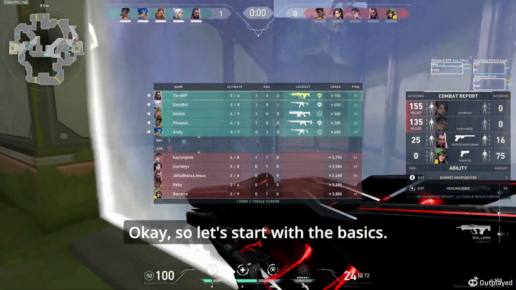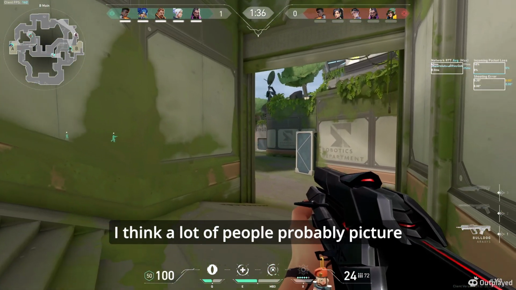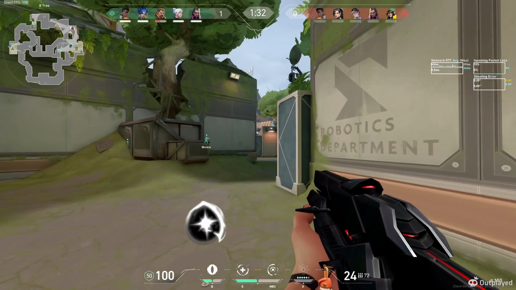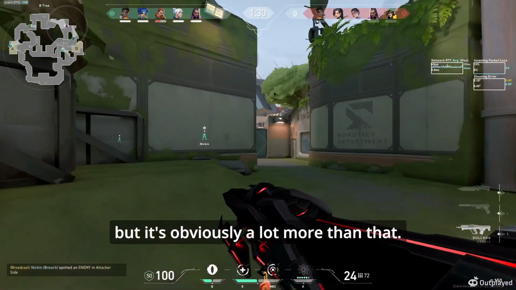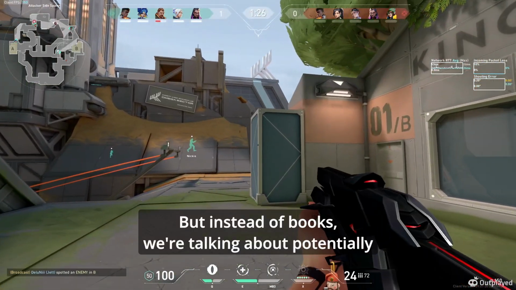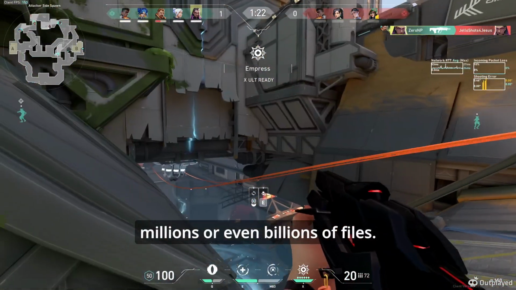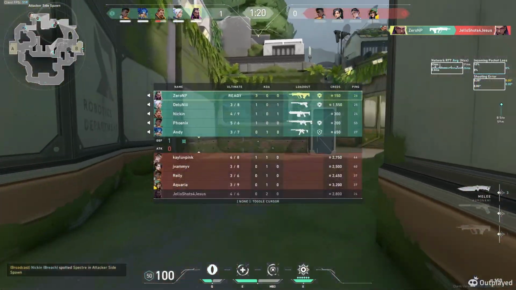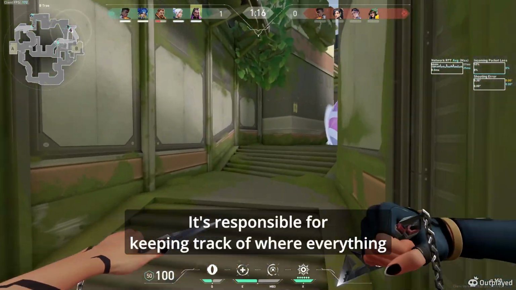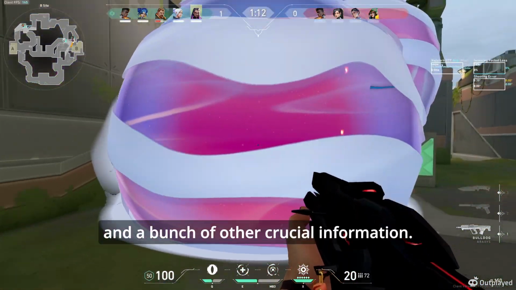Okay, so let's start with the basics. What exactly is a file system? I think a lot of people probably picture a hierarchical structure with folders and files, but it's obviously a lot more than that. It is. Imagine a massive library. But instead of books, we're talking about potentially millions or even billions of files. The file system is like the super organized librarian. It's responsible for keeping track of where everything is stored, who has access to it, and a bunch of other